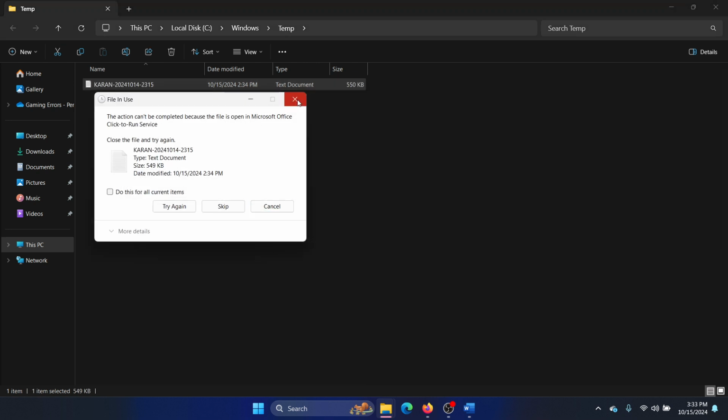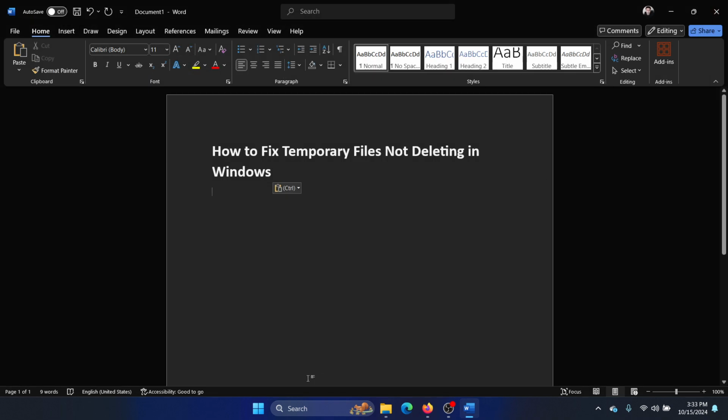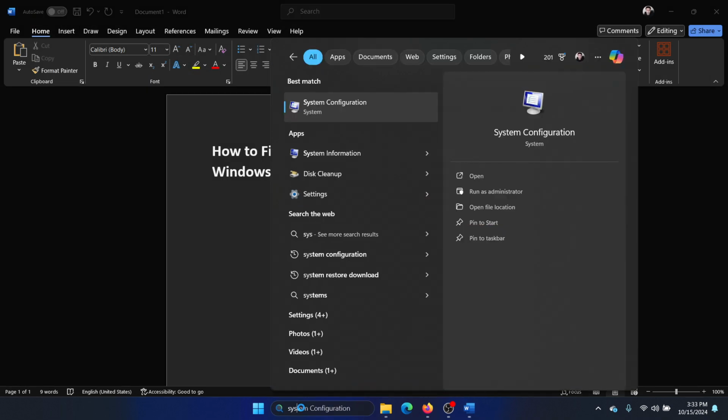It will try to delete all of them except that it will leave some. What would it leave? It will leave the files which are currently in use. Now that is normal, but if you really want to delete this, then search for System Configuration in the Windows